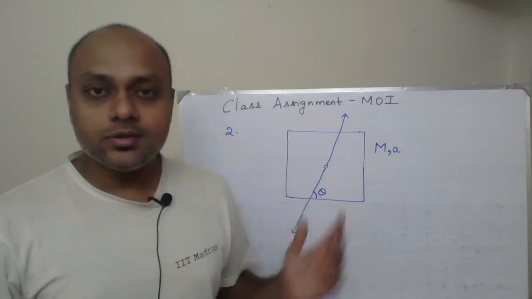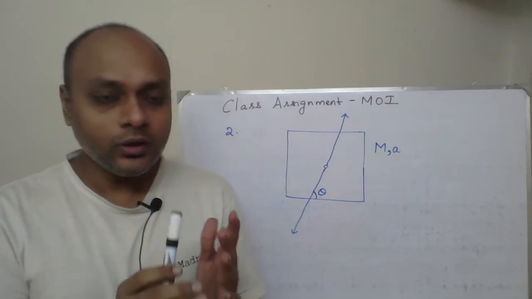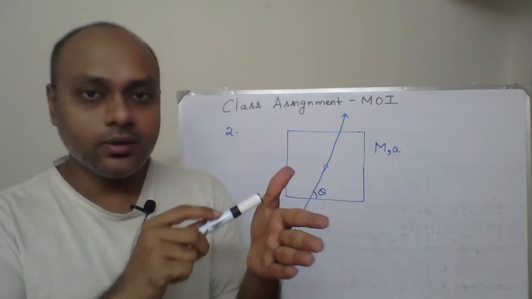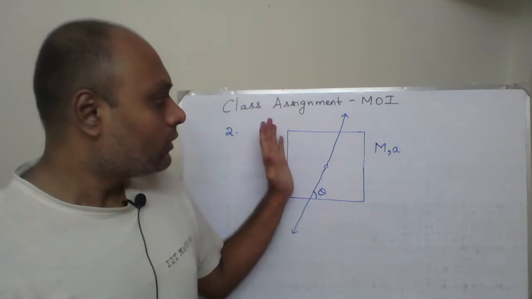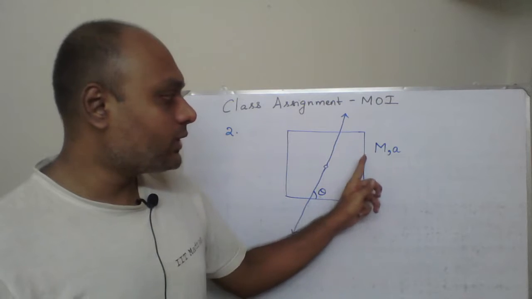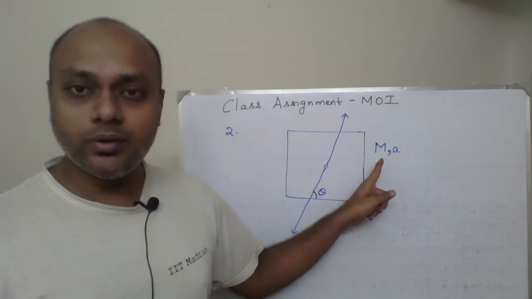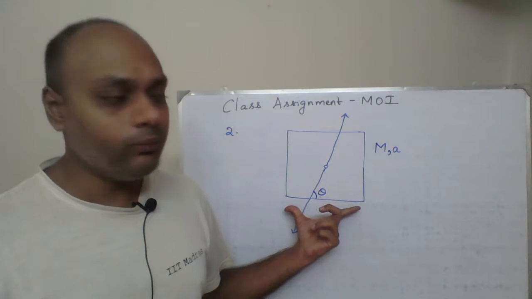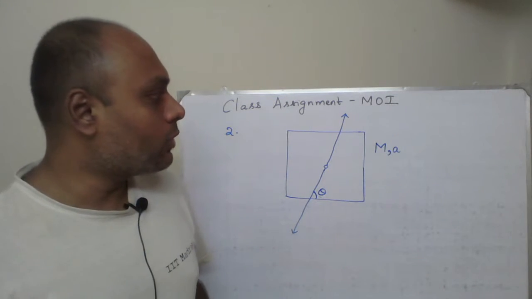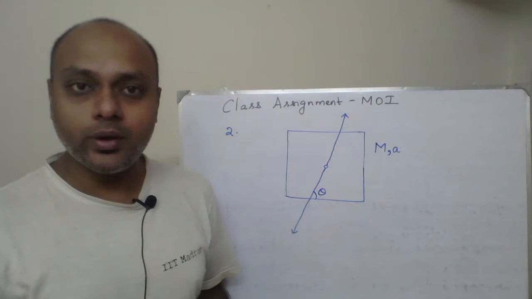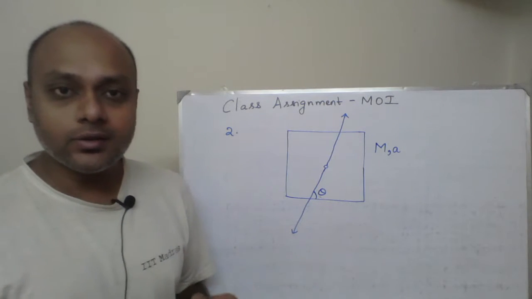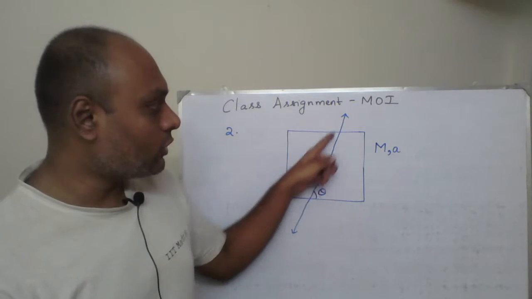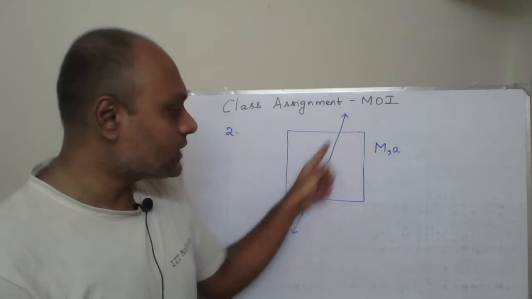Okay, so here is the second question. In the second question, there is a square plate. The mass is uniformly distributed in the full square. The mass of that square plate is given to be m. The side of the square is a, and you are asked to find the moment of inertia for this square plate about an axis passing through the center of the square, and the axis lies in the plane itself.